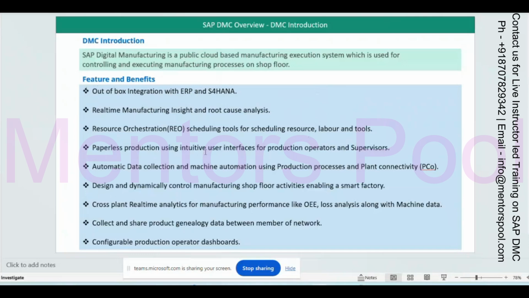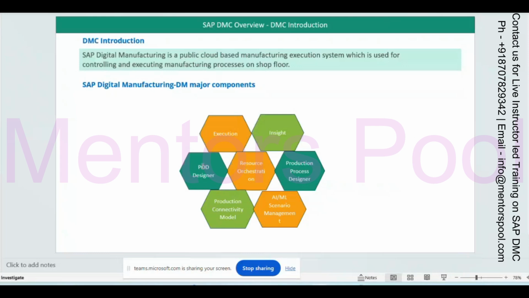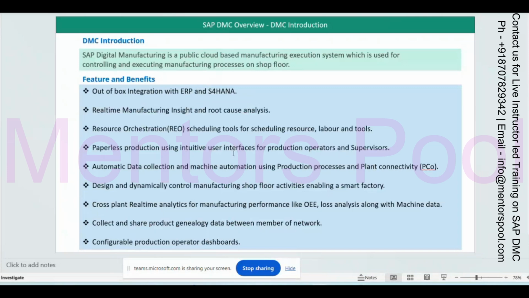Paperless production using an intuitive user interface for production operator and supervisor. Mainly, what I was telling here is that there is a POD designer, right? So this POD designer you can use, and you can build your own production operator dashboard according to your requirement, and that is completely developed in UI5, and look and feel wise, and even usability wise, that is very easy to use by the operator.